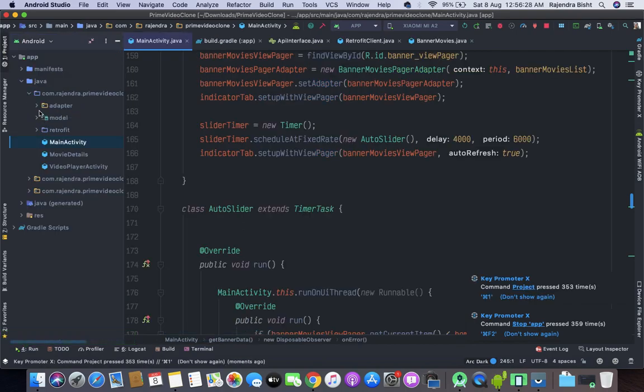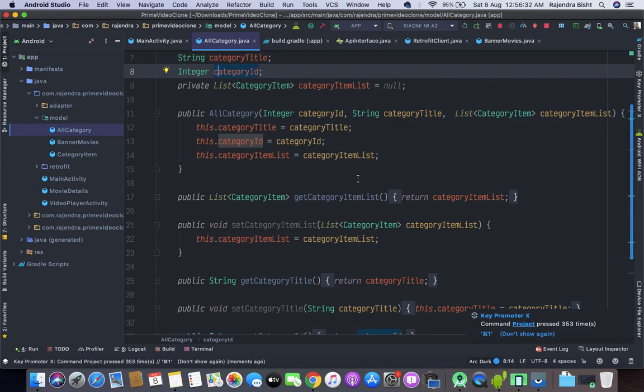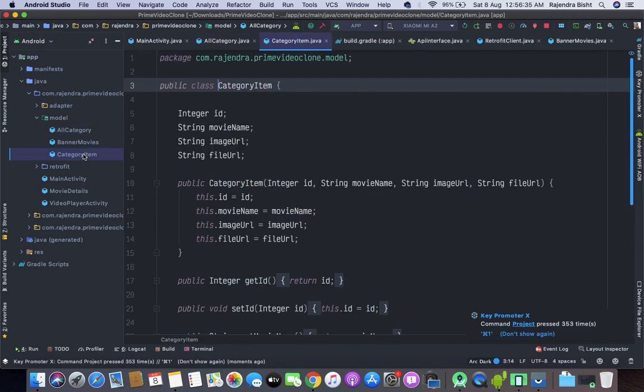So this is our all category, and this is our category item list.